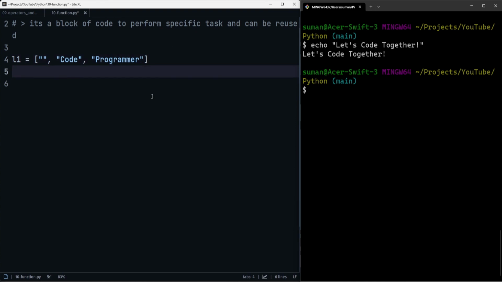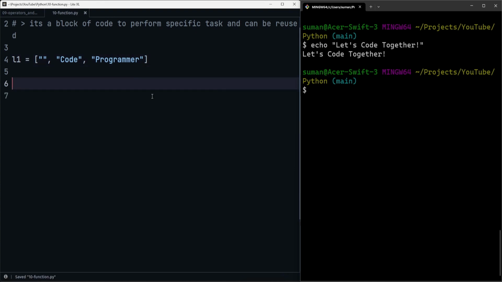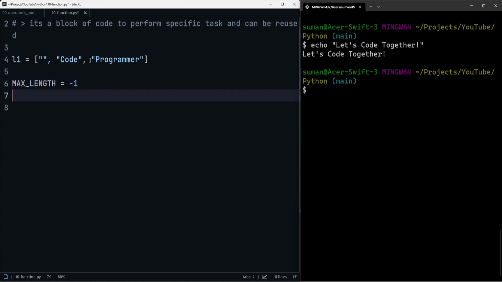Suppose we create one variable called max length, and we'll give it -1. Why do we give -1? Because we know the length of a word cannot be -1. It can be 0, so it needs to be greater than or equal to 0. Then we can loop over this. We can say for word in L1,